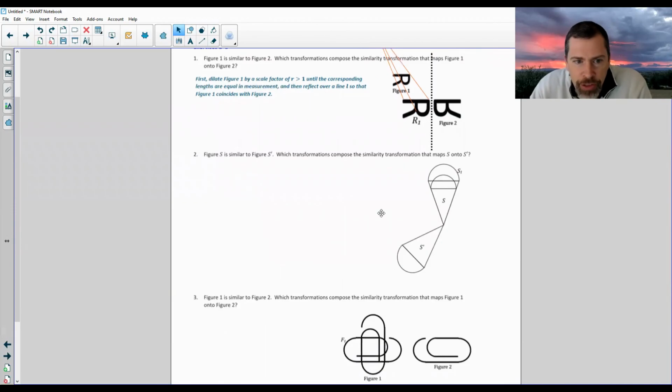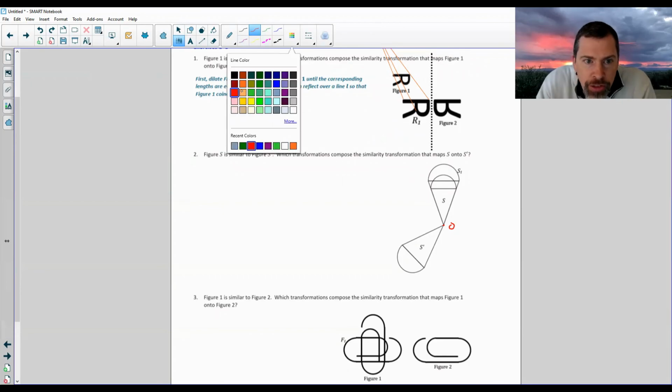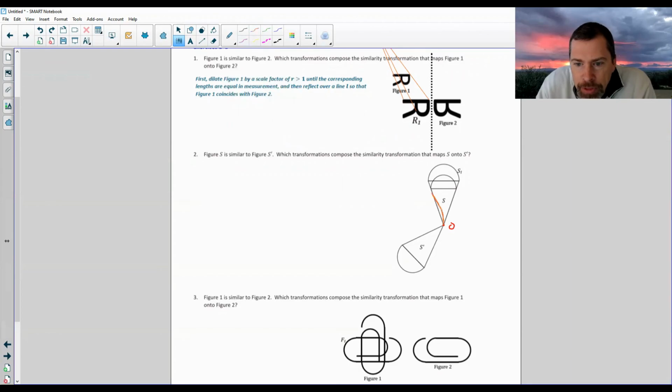So in this situation, it says figure S, this ice cream cone here, transforms to S prime down here. Well, how did we do that? Okay. Well, again, it's a dilation. And it's a dilation, and we already know where O is just by looking at it. Our O is right here because S and S sub 1, this side here is shared. And so all that happened was,